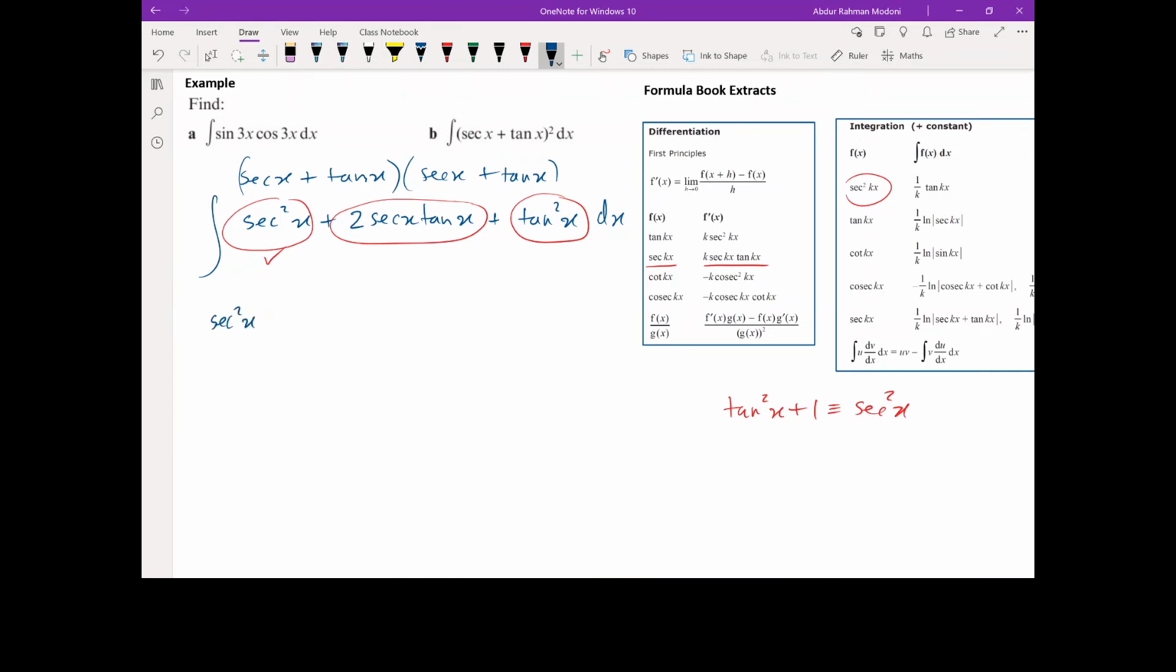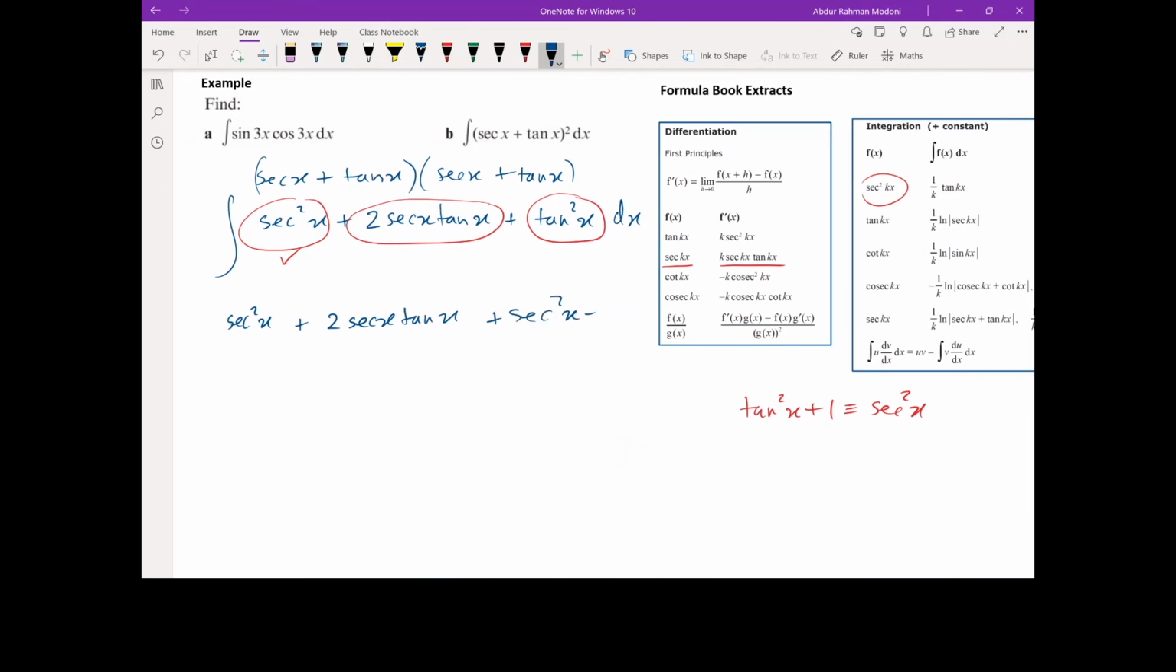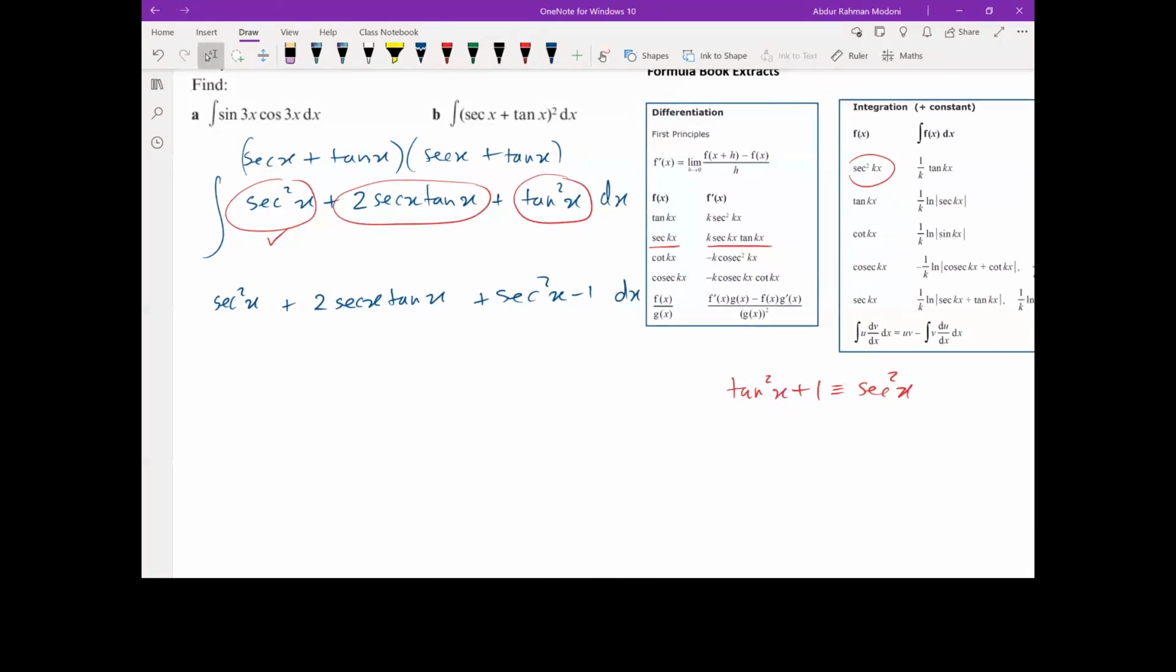So sec squared x is fine. The 2 sec x tan x form is absolutely fine because that's in our standard results in the formula book. And the tan squared x I'm going to write down as sec squared x minus 1. Okay, so I've tidied that up a bit. Now you can see this gets us 2 terms involving sec squared x, so I'm going to tidy that up. I get 2 lots of sec squared x plus 2 sec x tan x minus 1